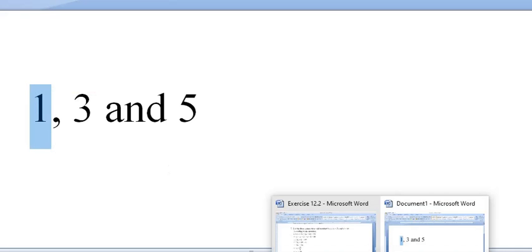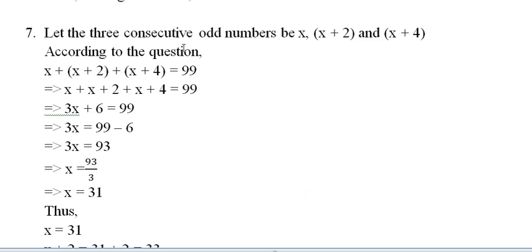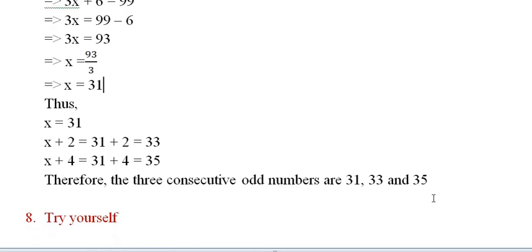The same property can be applied in case of even numbers also. So hence the three consecutive numbers will be x, x plus 2 and x plus 4. Now according to the question, the sum of these three consecutive odd numbers will be 99. Now just find the value of x. It will be 31. So the first number will be 31, second number will be 33, and the third number will be 35. So 31, 33, and 35 are three